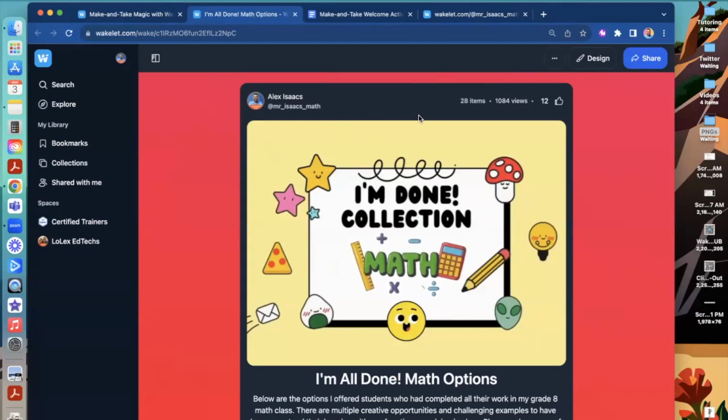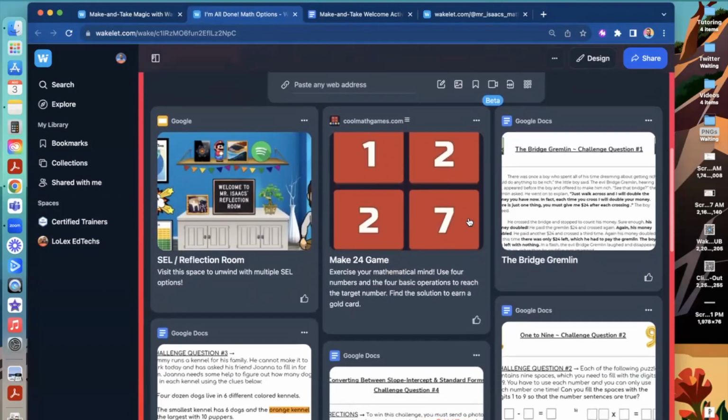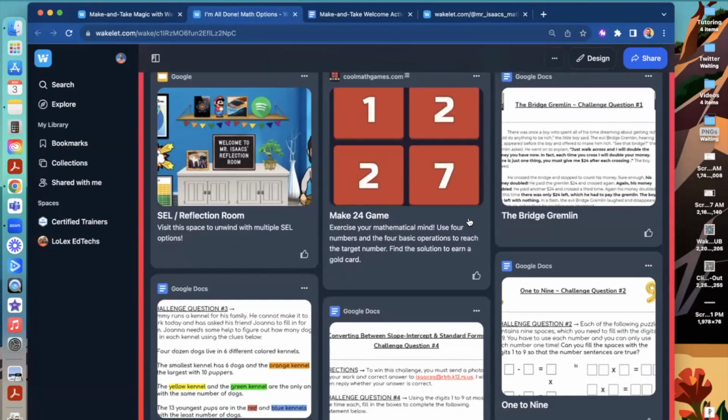And you could see this is one of my more popular collections, because the thing that really got me the most was I had a wide span of abilities, skills, and needs in my math class. So I wanted to make it where my friends who finished everything in about 15 minutes, I never had to worry about going, well, here's a photocopy of something, or here's a pile of papers. I wanted to make something live that they could go to that was easy to access and really dynamic. And what I did was I basically took some of my favorite math activities and some non-math related,